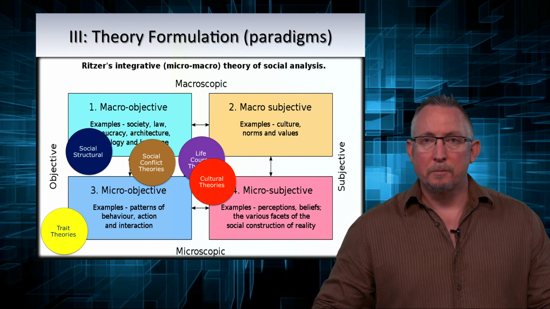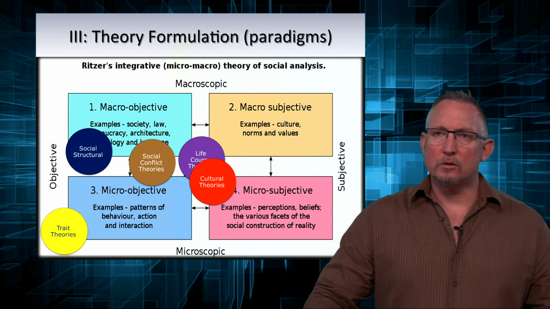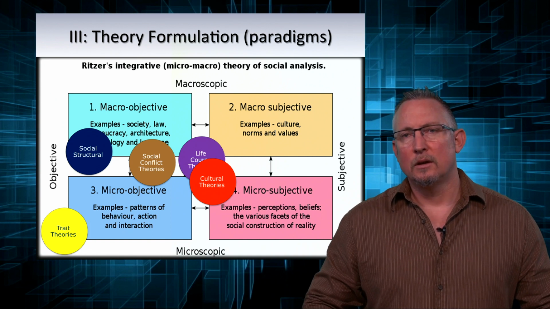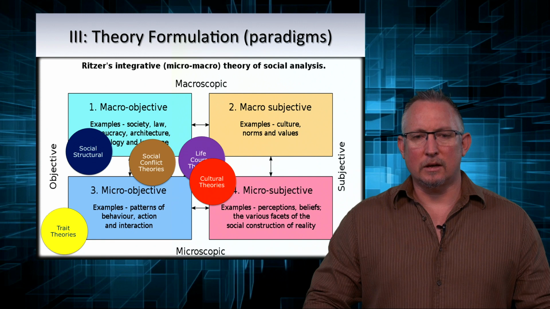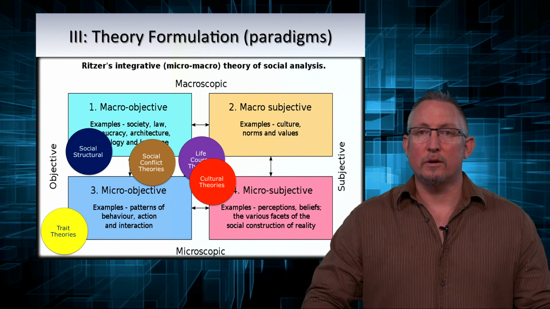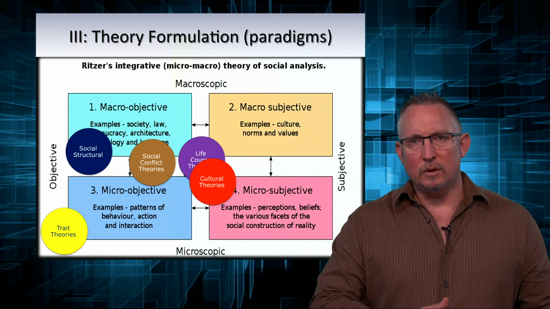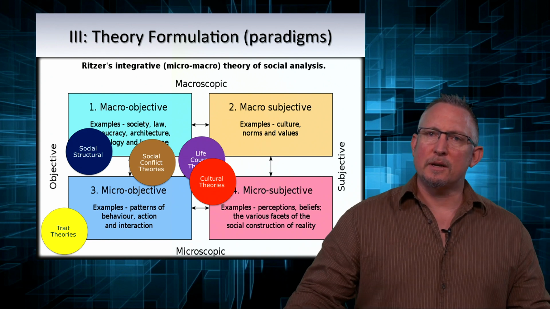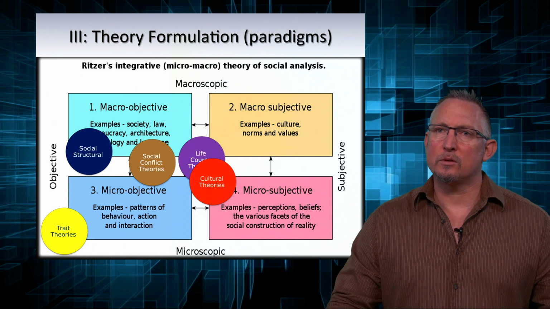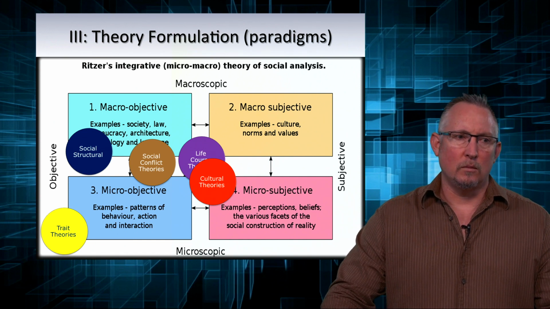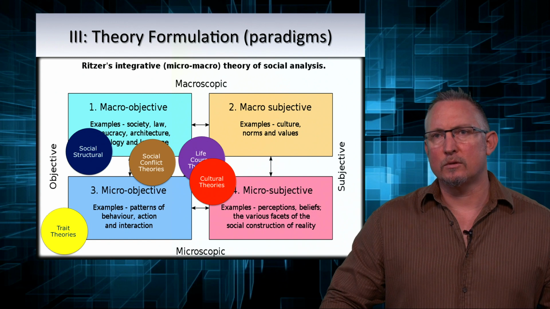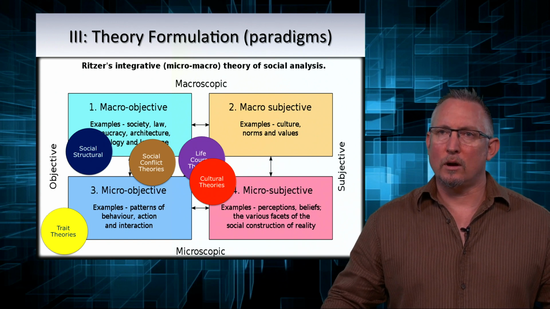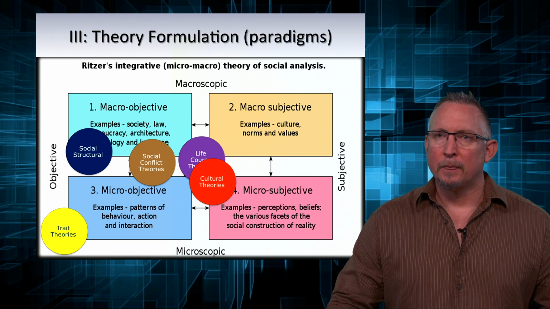Cultural theories, which we'll look at in week 12, cultural theories highlight the role that culture or subculture plays in things like involvement in deviant activity, criminal careers, etc. So this tends to be more towards the subjective end, right? Interested in people's perceptions or beliefs. Why do certain groups or subgroups have such antipathy towards law enforcement, for example? How do they construct reality in a way where being bad is actually good?